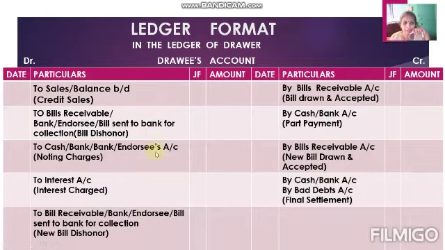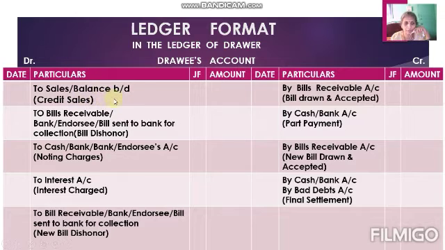Now, when we are going to see this ledger format, you must have your journal entry format in front of you, which you already took down from my previous lecture. Keep that journal entry format open and accordingly you will come to know how to prepare the ledger. From those journal entries, follow only the journal entries in the books of drawer. The first journal entry in the books of drawer is that of credit sales.